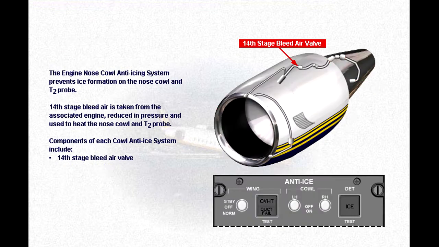The engine nose cowl anti-icing system prevents ice formation on the nose cowl and T2 probe. 14th stage bleed air is taken from the associated engine, reduced in pressure, and used to heat the nose cowl and T2 probe. Components of each cowl anti-ice system include 14th stage bleed air valve,